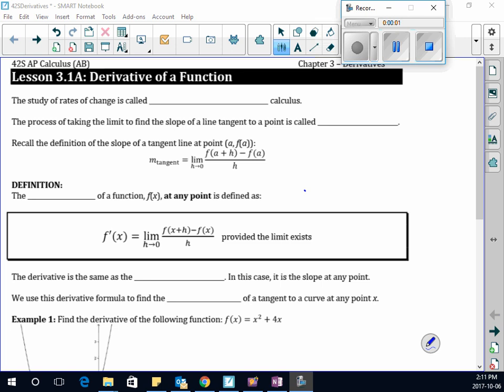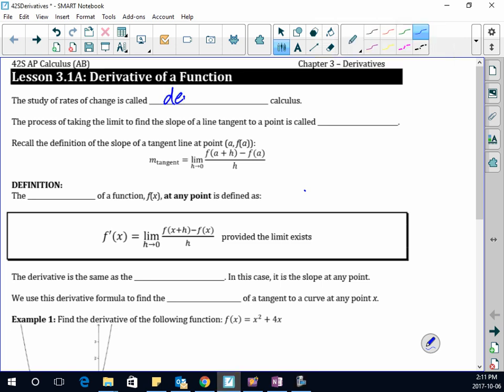The study of rates of change is called derivative calculus, or differential calculus if you want to call it that. Derivative calculus, I'll put in brackets. Differential calculus. When you go to university, you take the first year of calculus, usually called calculus 1A and